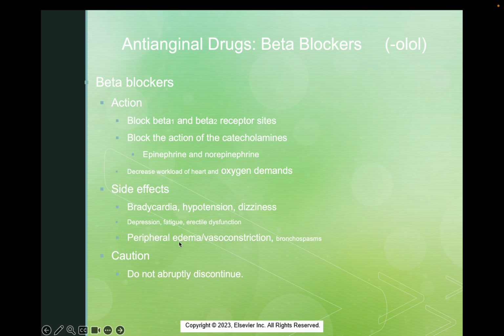So oppositely, side effects of these can obviously cause bradycardia, hypotension, and dizziness. So if we've decreased it, if we've given too much, or the dose is incorrect, then obviously we could potentially see some of these things. And you will see this every now and again on somebody who's taken too much beta blocker, or they took a dose in the morning and forgot they took their first dose, and then they accidentally took a second dose. So they may come in and say, I just feel really dizzy, and that's because they've tanked their blood pressure out because they've taken way too much of their